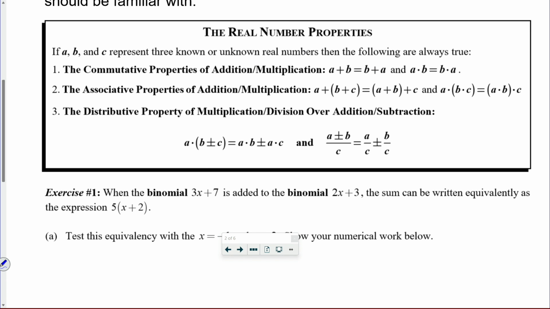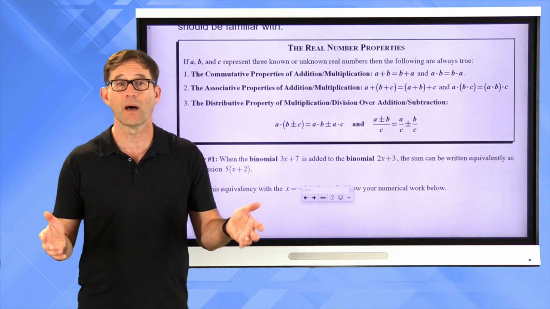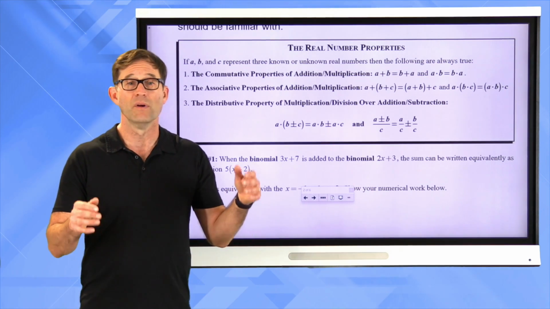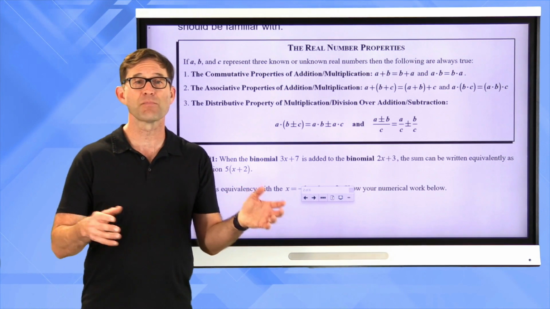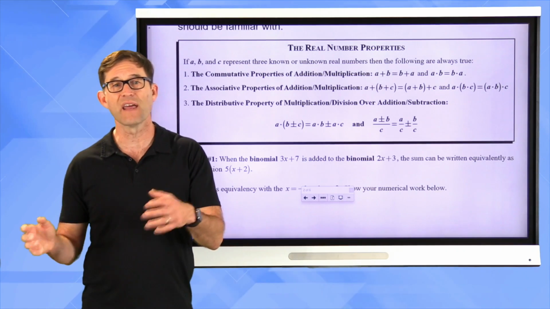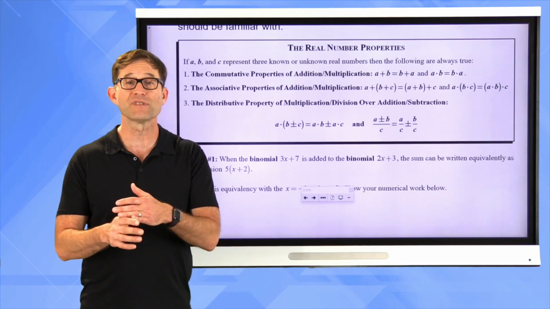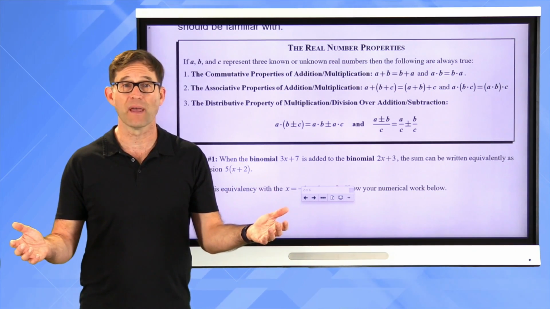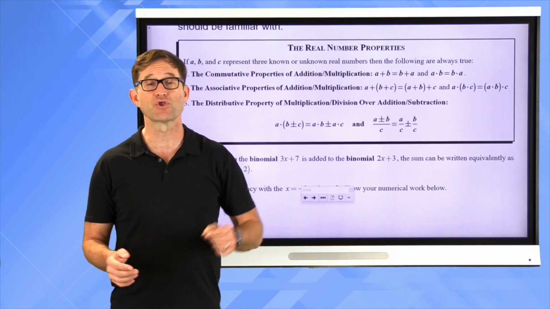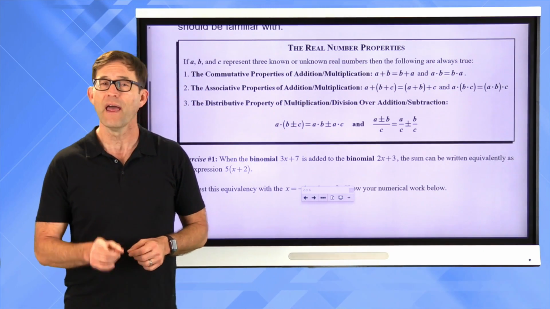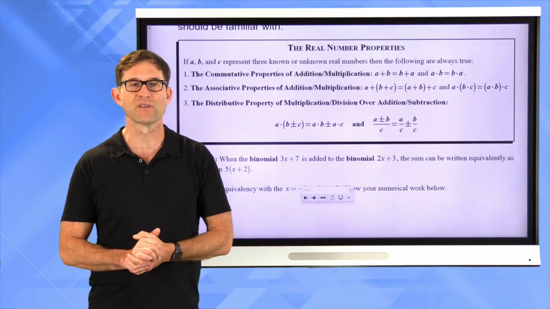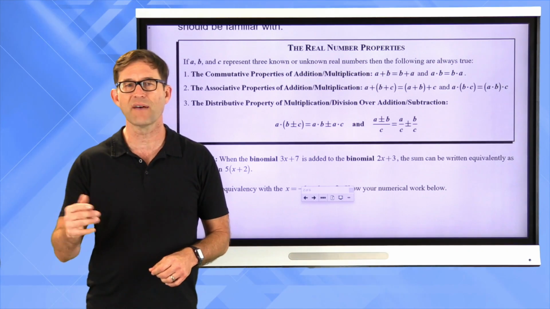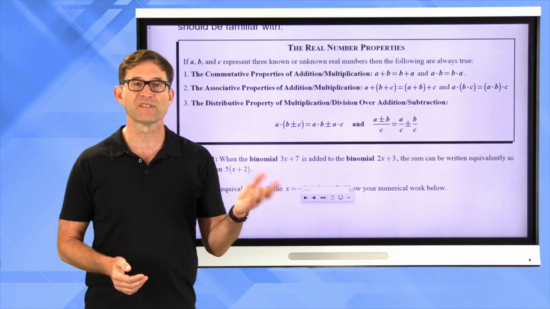And this is really critical. The idea that if I've got the sum of two numbers, 3 plus 4, x plus y, 7 plus negative 3, I can reverse that order and I'm going to get the same answer, all right? And the same is true for multiplication. Now, by the way, for addition, it makes all the sense in the world. If I've got 3 cookies and I add 7 cookies, that's the same as if I have 7 cookies and